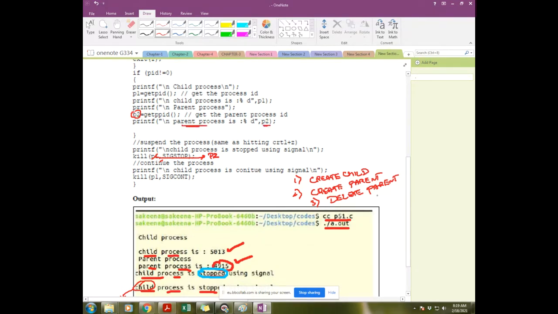So if in the exam I write delete parent, in place of the old P1 you write P2, and here also change this to parent. The parent process is stopped using signal, and here kill P2, the same signal stop. Understand or no? Then the whole program is the same.